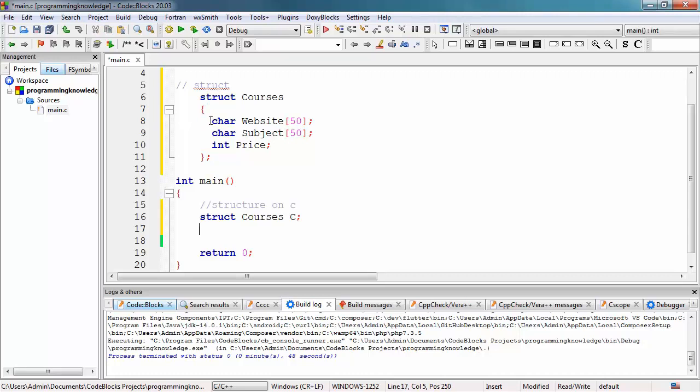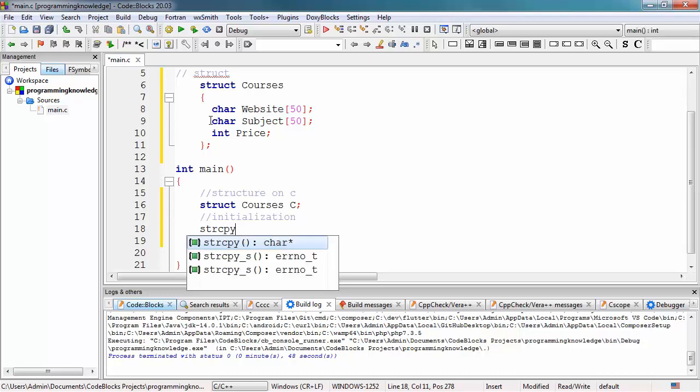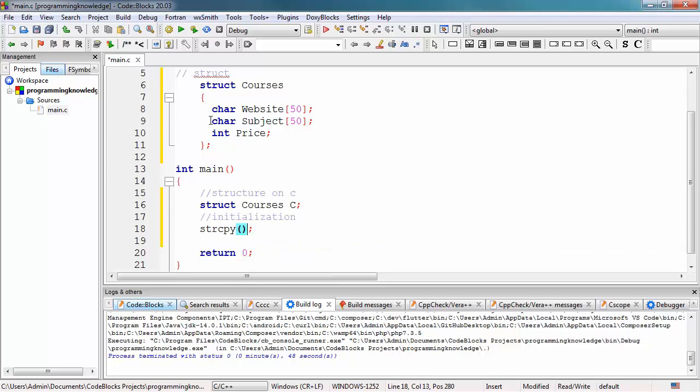So all we have to do is we could say here initialization. We could now access the members of the struct courses by using this alias. So initialization, for example, strcpy. Okay, so I believe I have already showed you how you could assign a value to a string, because we're going to be assigning a value to this website. So this is a string, a collection of characters. So strcpy, and then we're going to say here C,